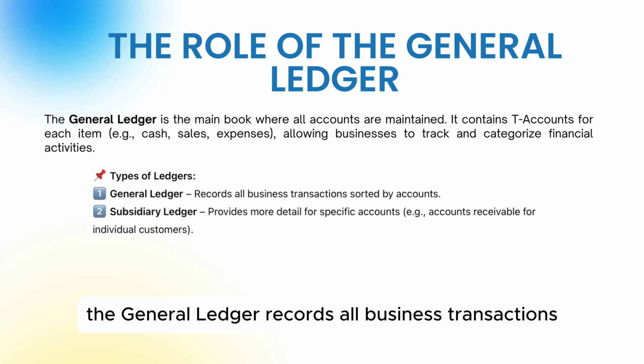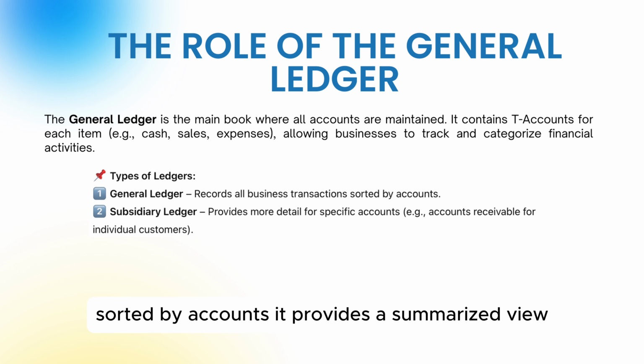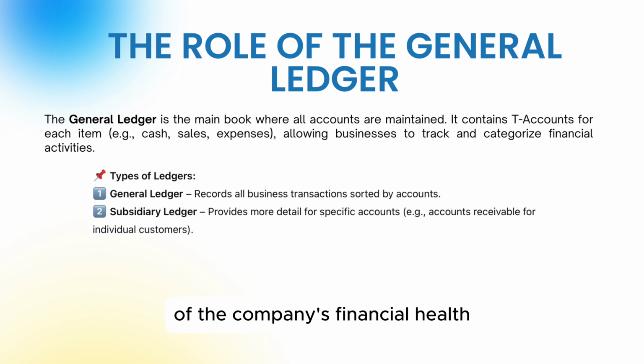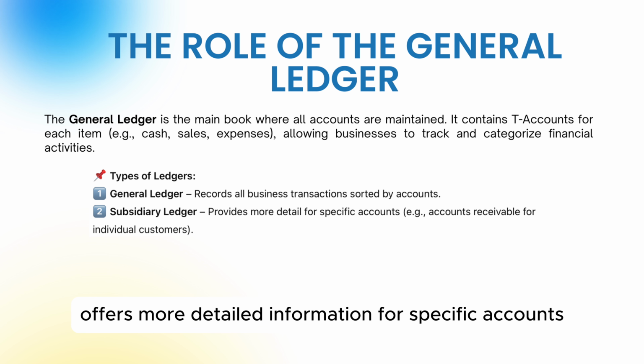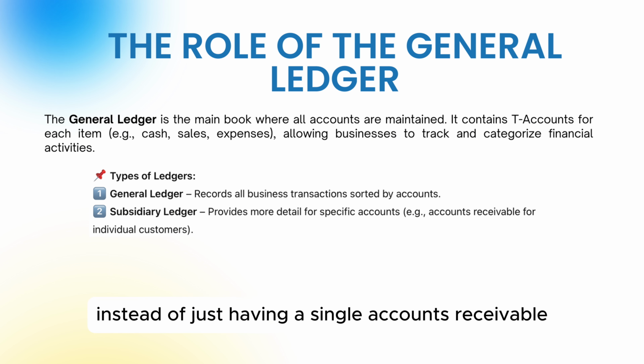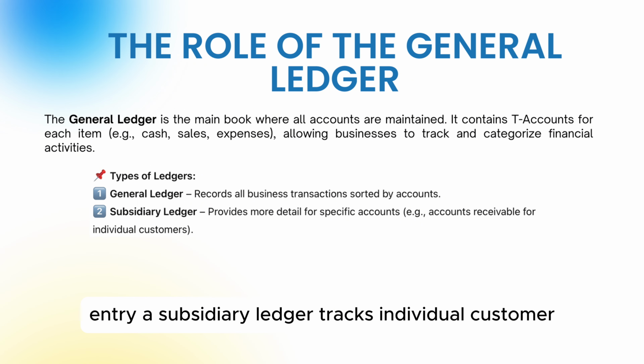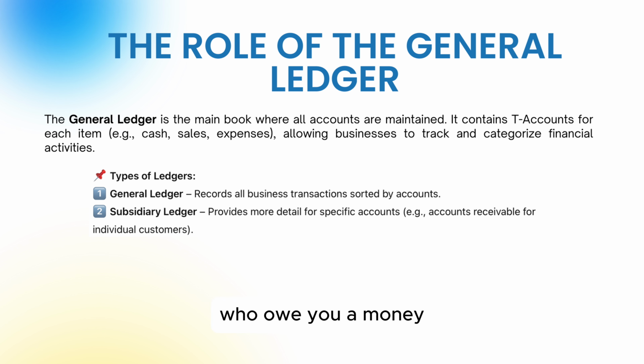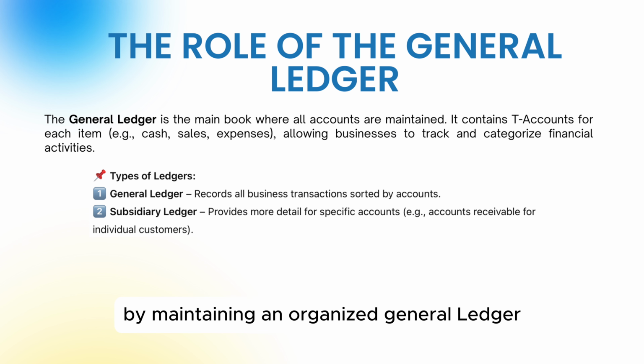The general ledger records all business transactions sorted by accounts. It provides a summarized view of a company's financial health. The subsidiary ledger, on the other hand, offers more detailed information for specific accounts. For example, instead of just having a single accounts receivable entry, a subsidiary ledger tracks individual customers who owe you money. By maintaining an organized general ledger,